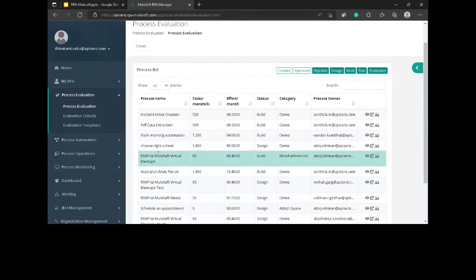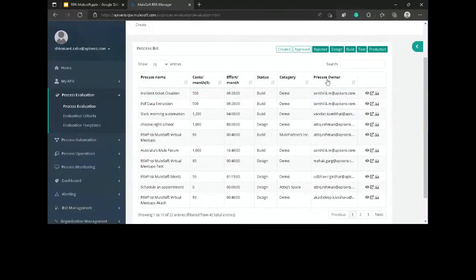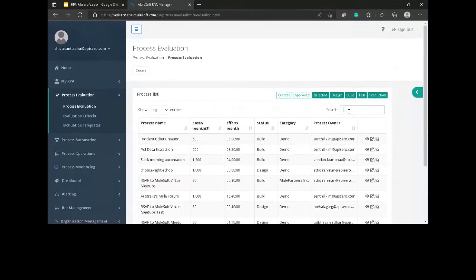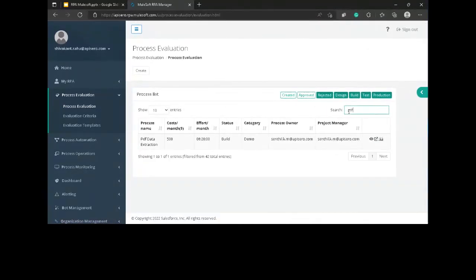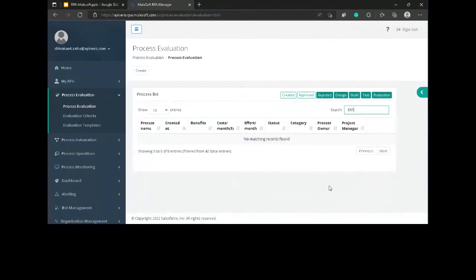Okay. Then where is that? PDF. Why is it not showing here?